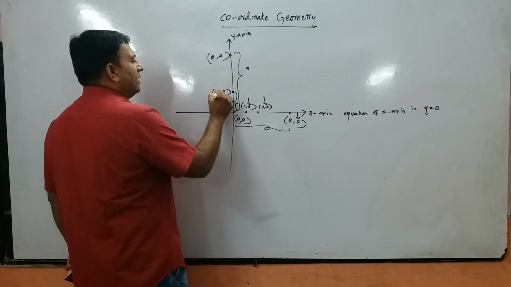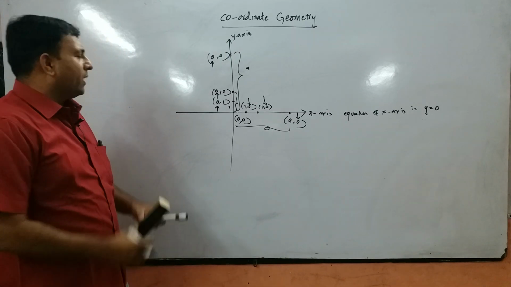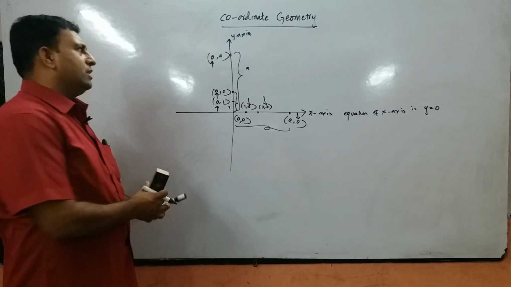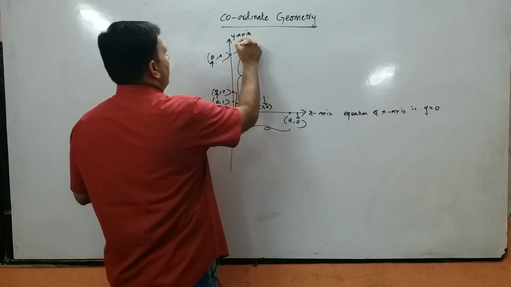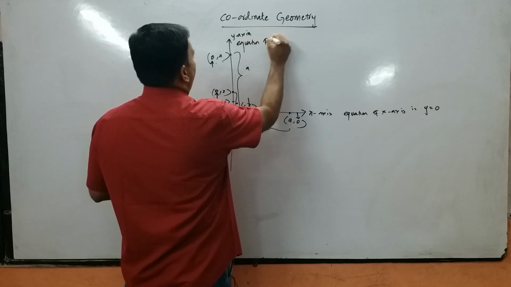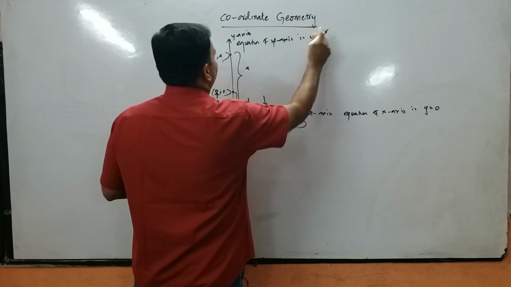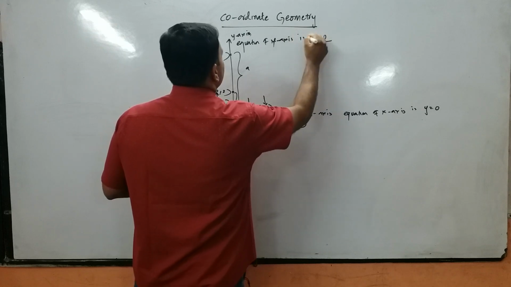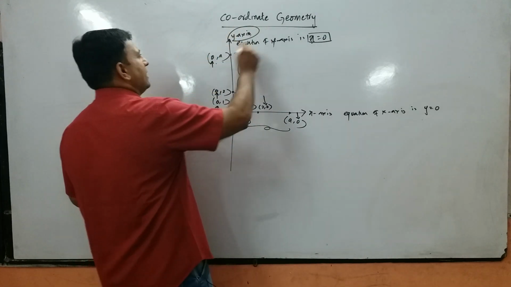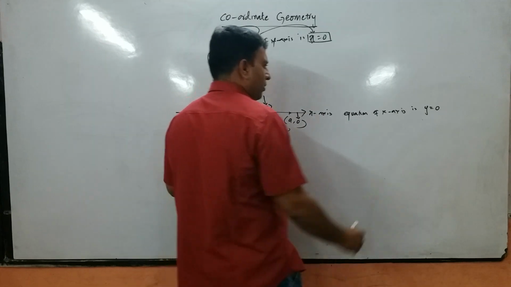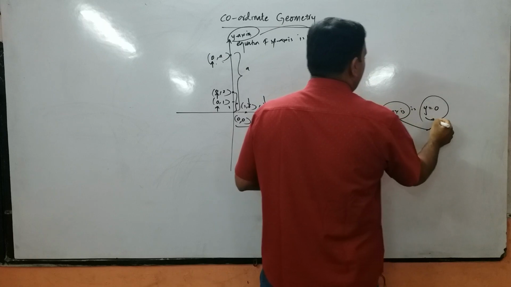Always we are observing that the x coordinate is 0. So therefore, any point on y-axis is of the form 0, a, and because every time the x coordinate is 0, I will write the equation of y-axis is x is equal to 0. So please do remember, when I ask you the equation of y-axis, it is x is equal to 0, and if I ask you what is the equation of x-axis, it is y is equal to 0.